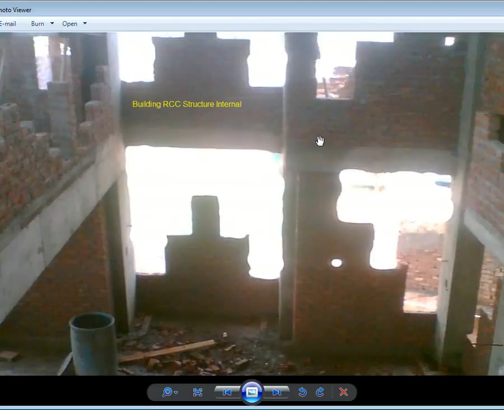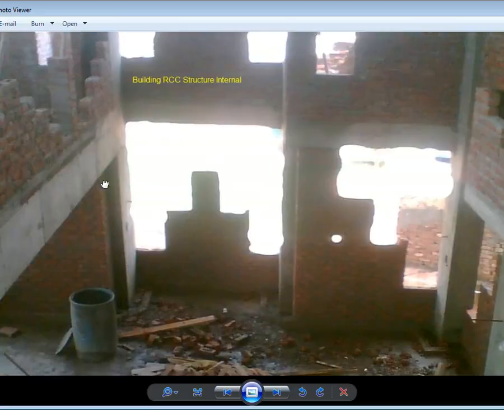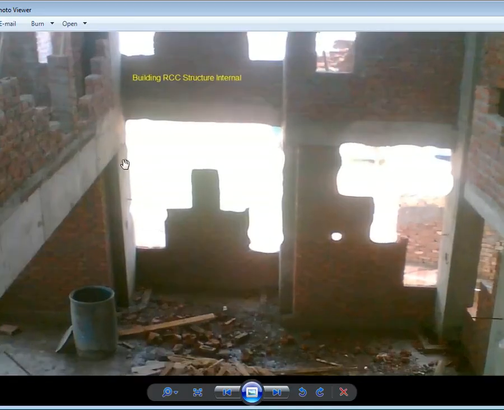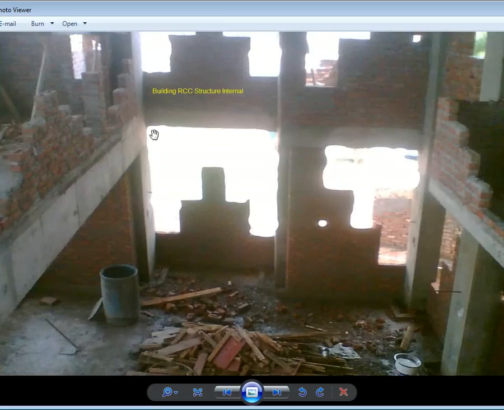Just 70% or 60% of the wall portion is given for window, so the sun should come in, and this is your cross beam, and this is the main beam here. You see this beam here, full beam. This is about 35 feet from here to this end, 34 to 35 feet, a little more than 11 meters. And this is column here, this is column here, and this is column here, this is column here,